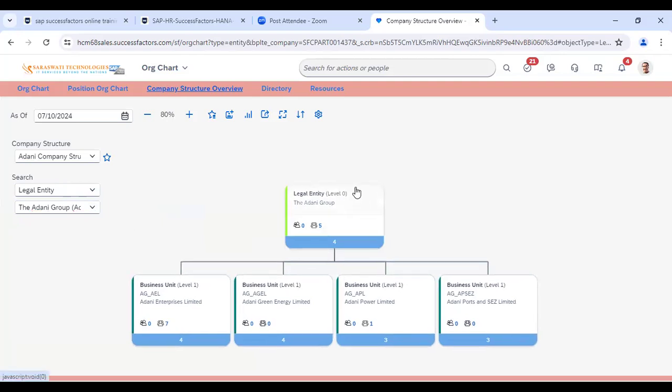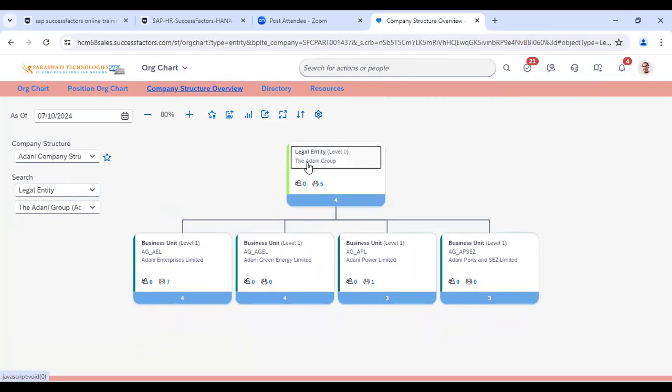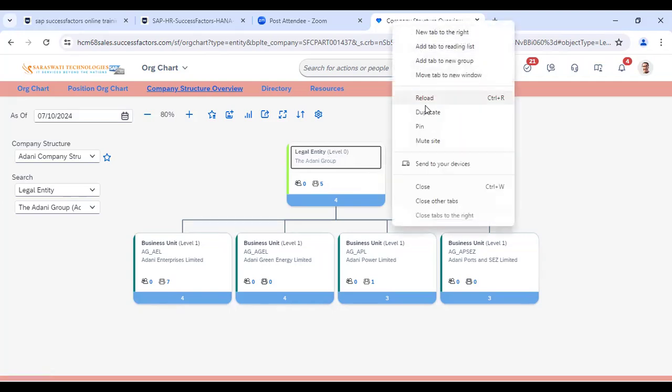So you can see here, as I've explained to you, the legal entity is basically the company code for any employee. This is the company code, and the employee belongs to this company code. Okay, that is the Adani Group, the company code for that person. And basically this legal entity has only one company country. Okay, that you can see from